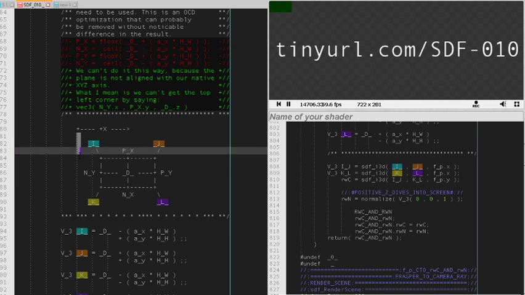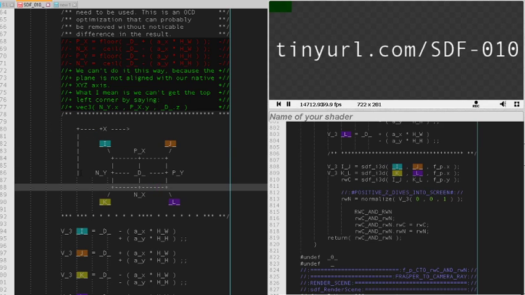So this is positive x, and when we go down like this, this is the positive y. So I kind of flipped things, and it is very intentional that I flip things like this